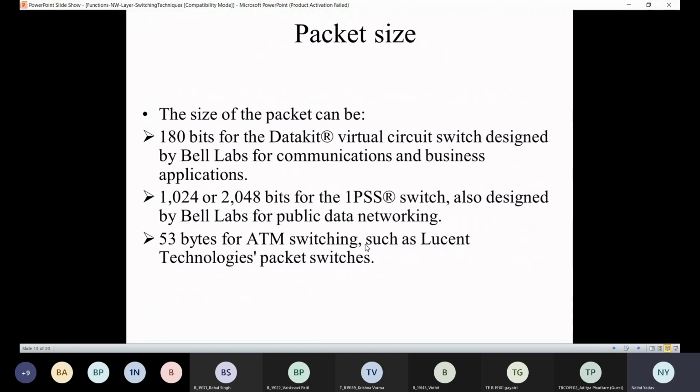Correct. So the size of packets can be 180 bits for X.25 virtual circuits. These are a few examples. It is even 1024 or 2048 bits for the 1 PSS switch, and even 53 bytes for the ATM switch, such as the Lucent Technologies packet switches. So these are the examples. Different proposed technologies follow different packet sizes for the message which is to be transmitted across